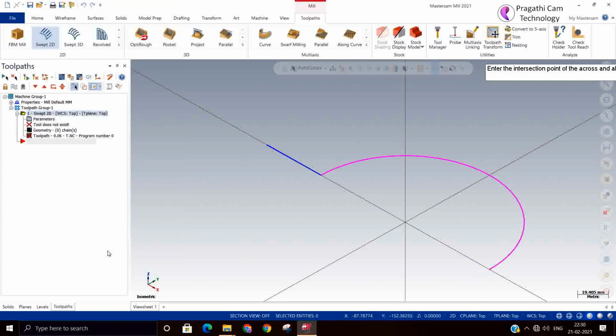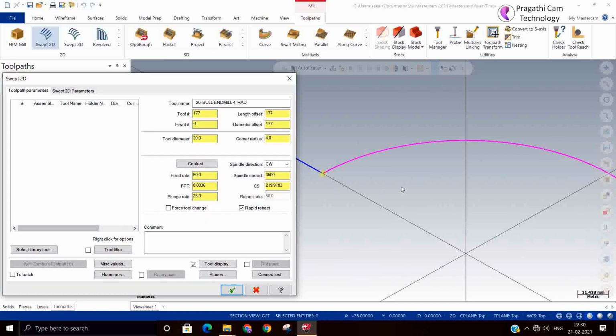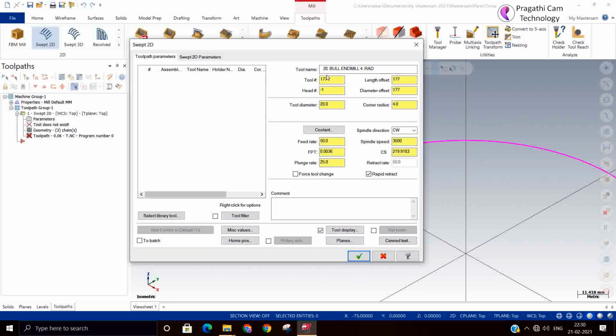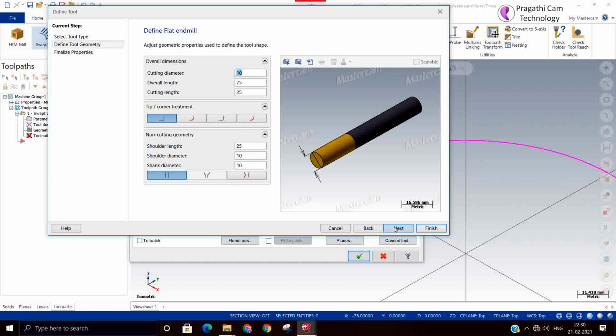Observe, where that intersection point is, you can select it. Now we'll come to the toolbar. If you give the three inputs, it comes to this page. I select flat end mill.